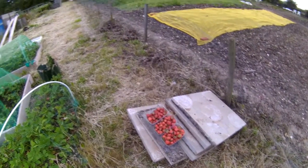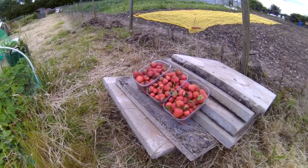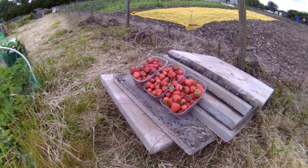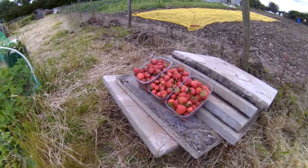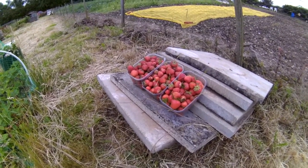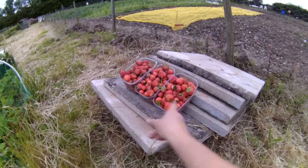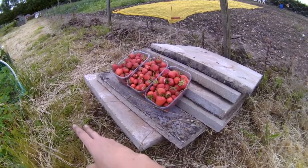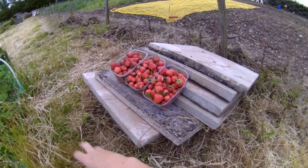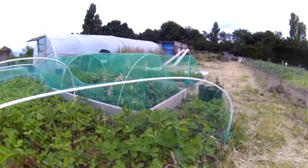I have frozen 2 great big Ziploc bags full of strawberries already for use during the year for cooking and smoothies and baking and things like that. I have sold 4 400-gram punnets to mums at school, and I've got an order for tomorrow afternoon for 2 more punnets. So I will go and wash them, sort them, grade them. I get the big nice ones, and then all of the rest I chop up and freeze or do something with. But as I say, there are still absolutely hundreds in there, and that's not even talking about